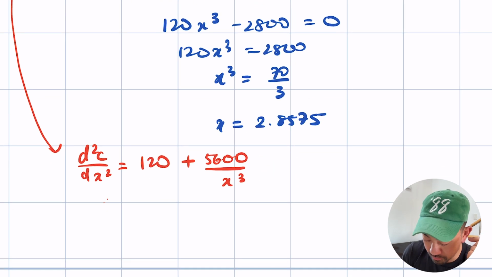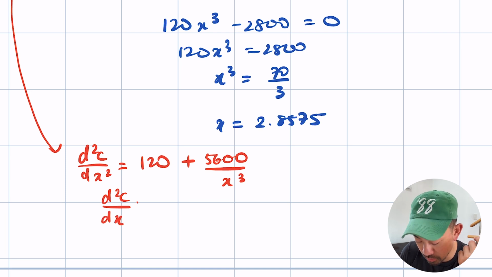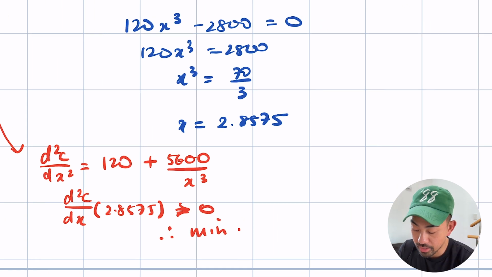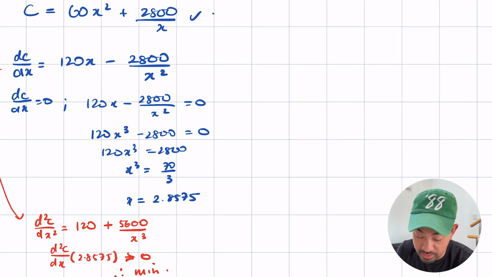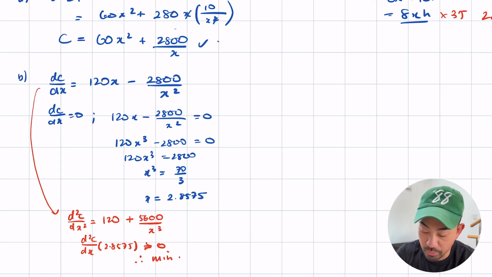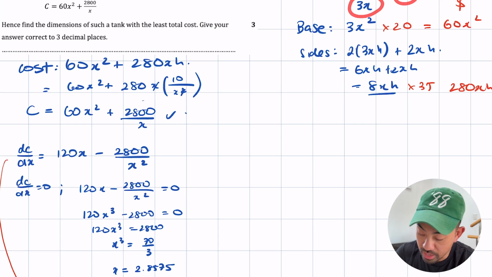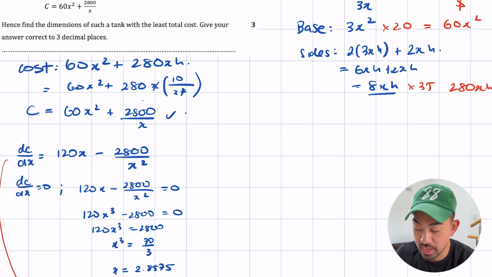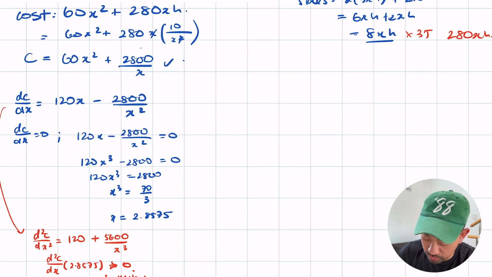So I can say d squared c over dx squared is 2.8575, which is going to be greater than 0, so therefore it's going to be a min. All right, and so I think we just got to find all the other dimensions. What do we have? We got x up here, 3x, and then h, which is 10 over x squared. So, just quickly working that out, I'm going to times this one by 3,